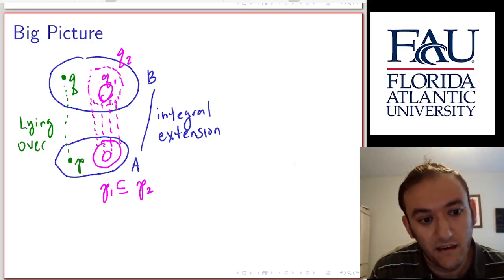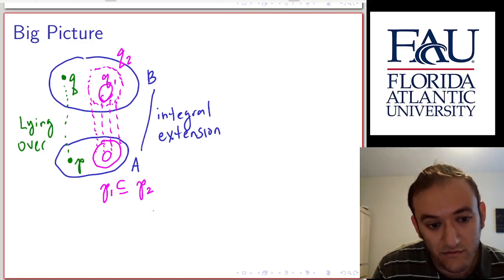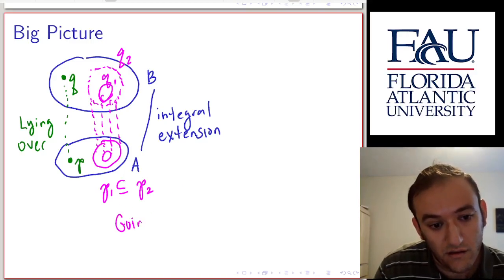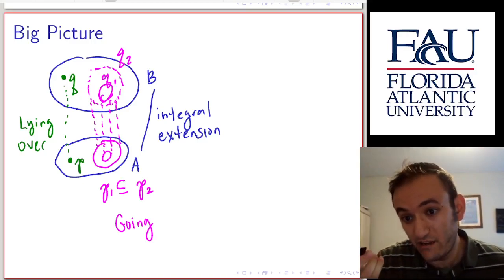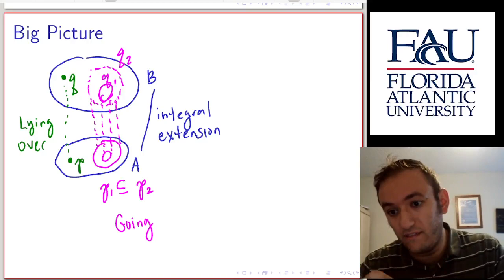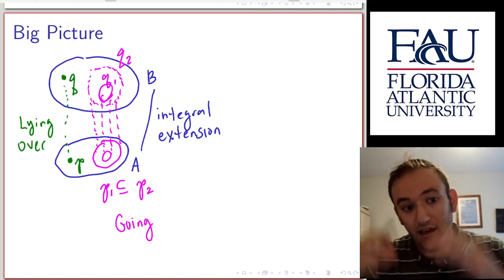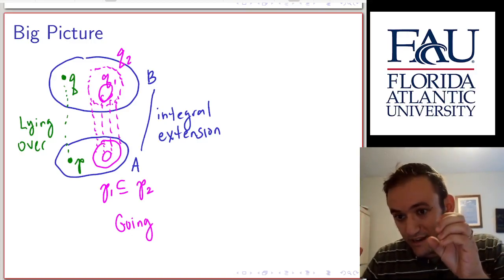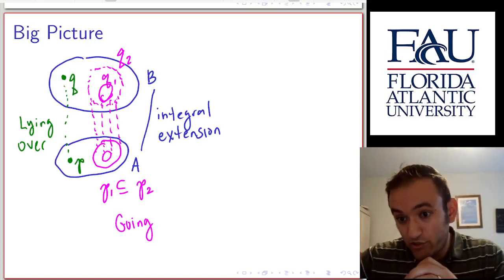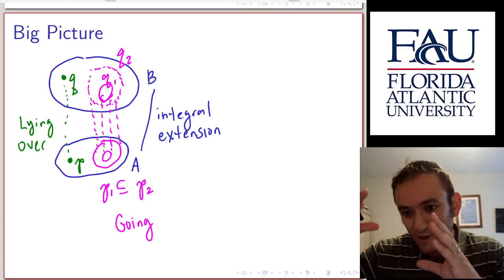So this is the going up theorem, because it allows you to complete an upward chain where you have an upward chain in the lower ring, and in the upper ring you have the lower ideal, and we want to find a larger ideal that includes it, corresponding to the chain downstairs. So that's the going up theorem.